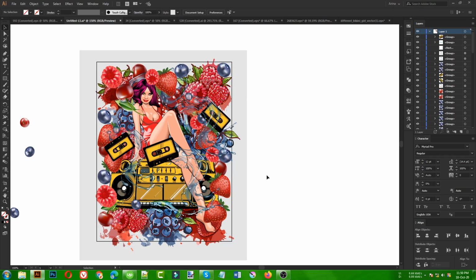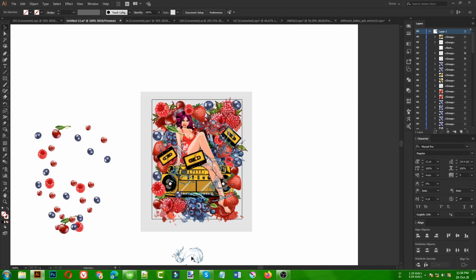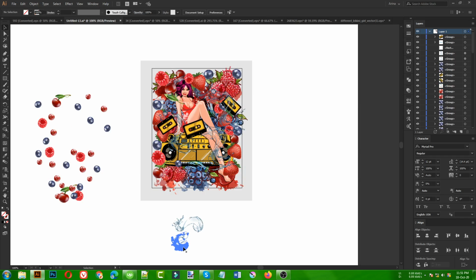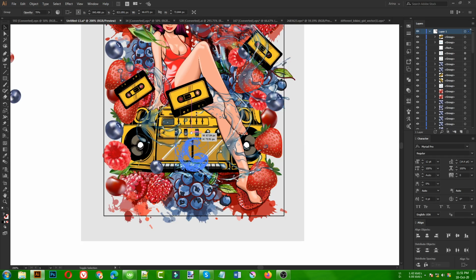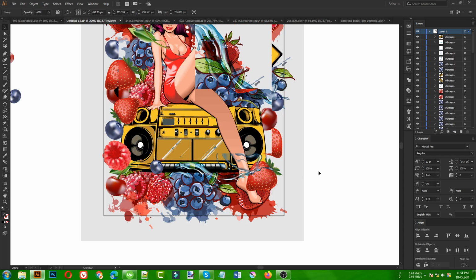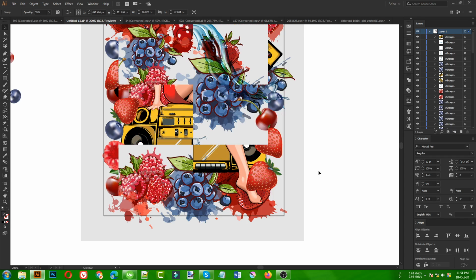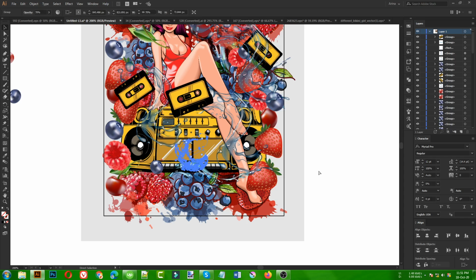So as you can see, there are some elements we took from different vector bundles, and we are just using them to make a complete unique graphic. And if you have a premium subscription, then this is really okay to use them, because that is the reason people are creating this kind of designs and uploading them on stock sites like Freepik, Shutterstock or others. So let's cut it, paste in front,